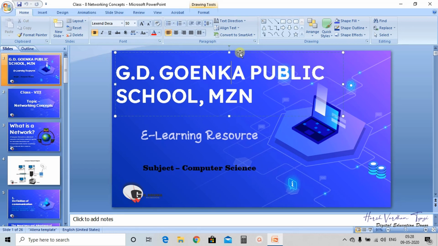Transition means that when one slide changes after the other, the effect of how one slide is exiting and the other slide is appearing, that is called transition effect. Now let's do it with the help of an example. Okay, fine. So this is my first slide, and what I need to do, I will apply animation effect on all the text and images or objects here.